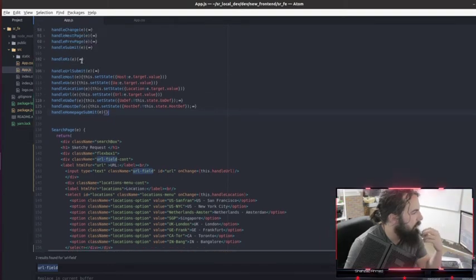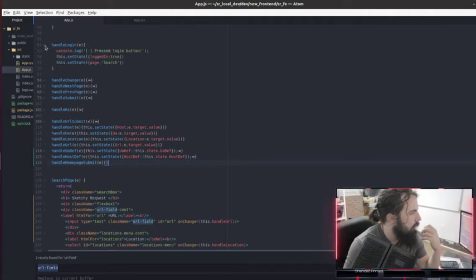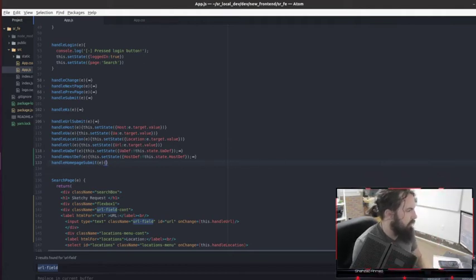See how I did it? Handle login, because it's essentially just going to do the same thing, because it's just changing the state of the page. This dot set state, just for clarity's sake, I'm going to change logged in, not this dot state dot logged in.